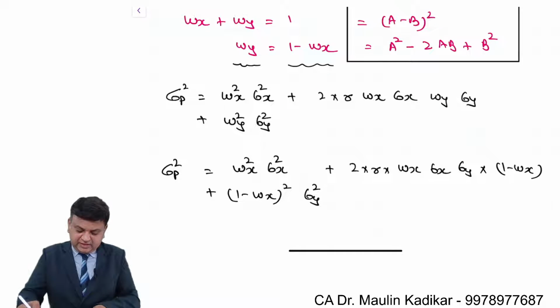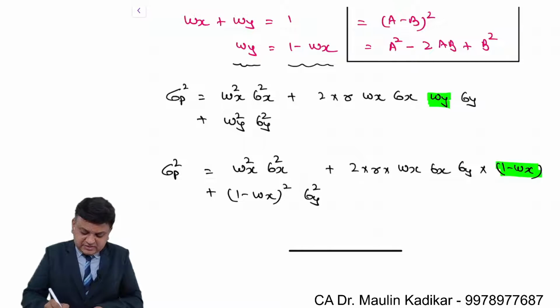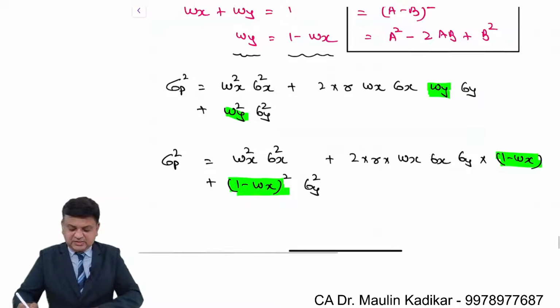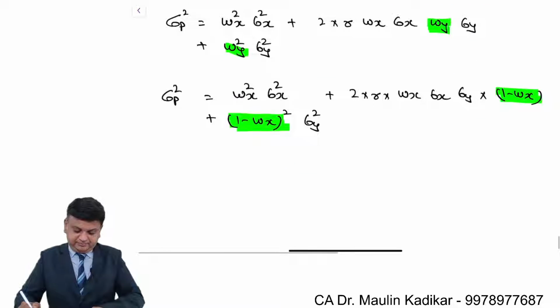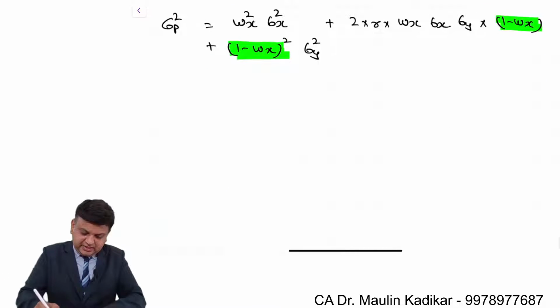So friends, over here what I have done, I have replaced the value of wy with 1 minus wx. Remaining things as it is. I have replaced the value of wy square as 1 minus wx raised to 2. This is the way I have done the replacement. Okay. Next,